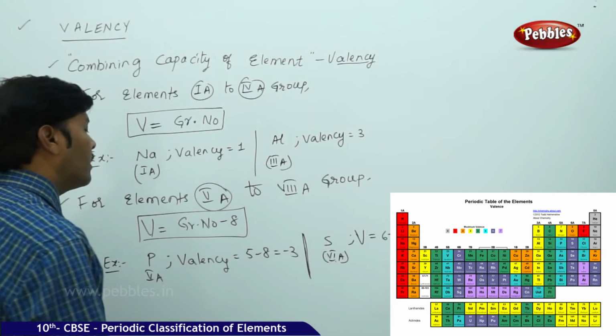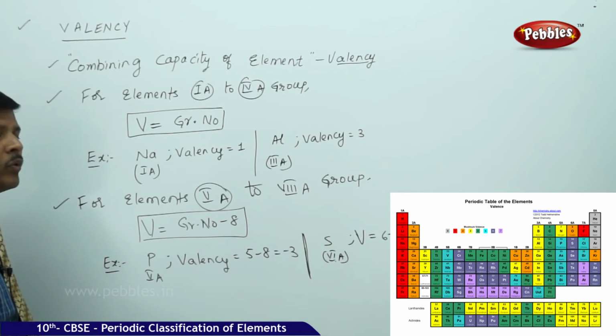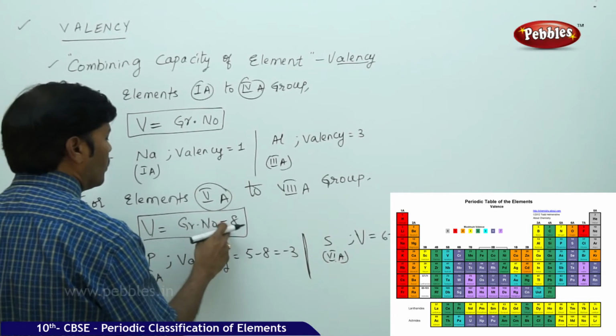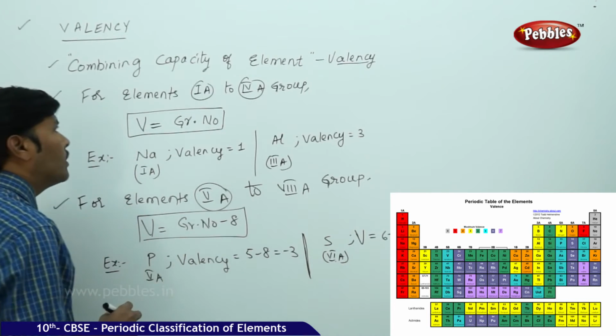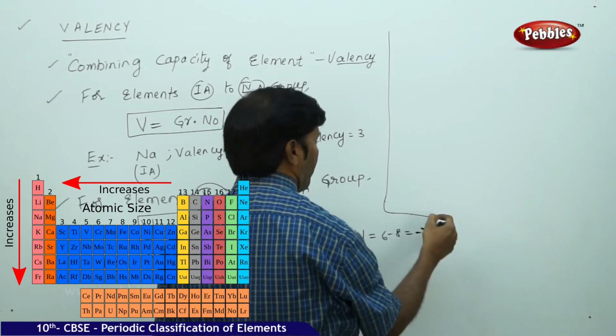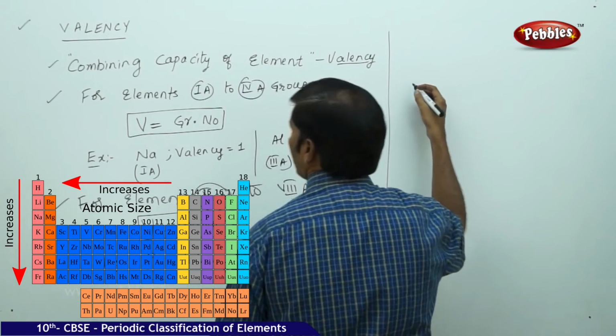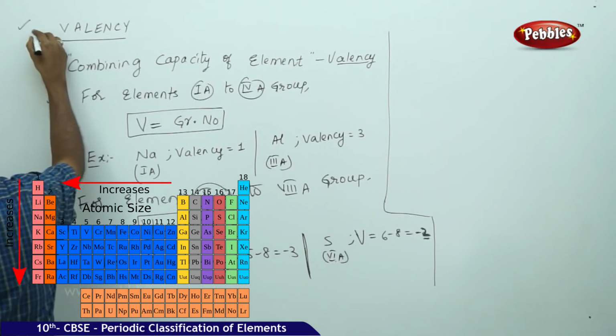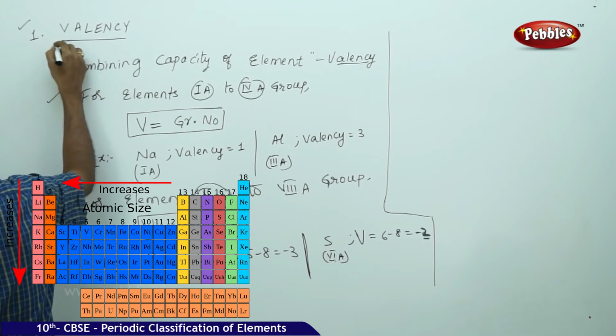So like this you can calculate the valency for the various group elements using the formula valency is equal to group number and valency is equal to group number minus 8. So these are the two concepts which you have to keep in your mind. Then after that, this is the first case, number 1 valency, number 2